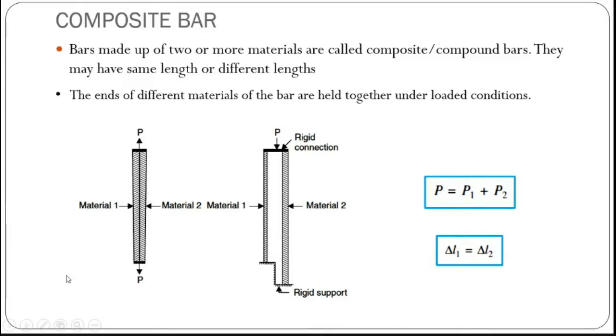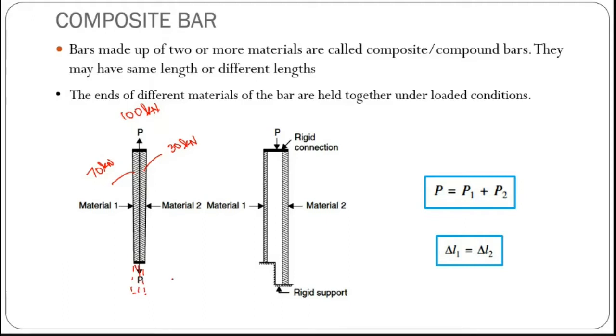Here one material will take a different force, and the other material will take some other force. For example, if you have 100 kilonewton, one material may take 70 kilonewton and the other may take 30 kilonewton. It may differ also. We don't know exactly whether it is 70 or 30, but there will be a distribution of your forces. But what happens to your deflection? When you apply a force on these, the deflection, whatever extension you are getting, will be common for both.